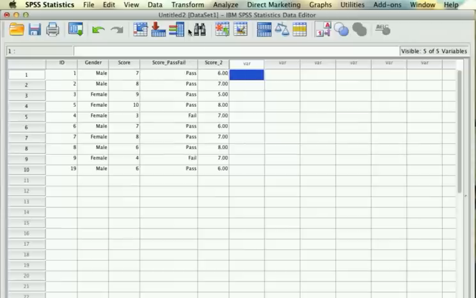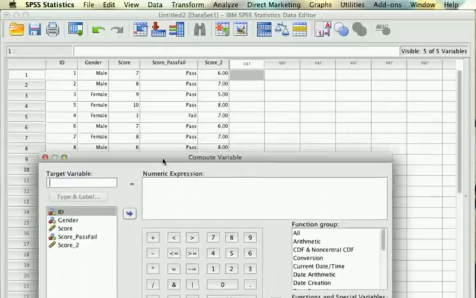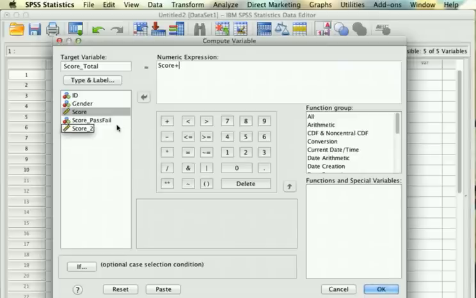So what we would do is we would go to transform, compute variable, and then from here we actually have a giant calculator. So we'll call this score total. So we just have to give it a name. And actually here we just treat this like a regular calculator. So you would do score plus